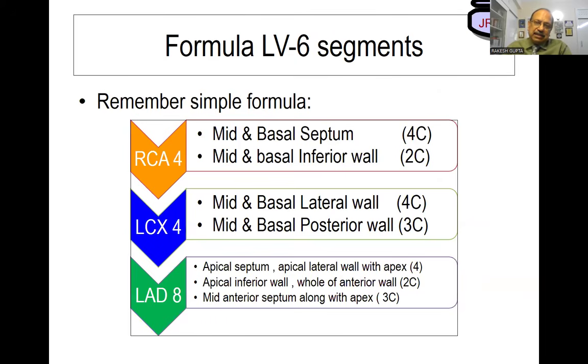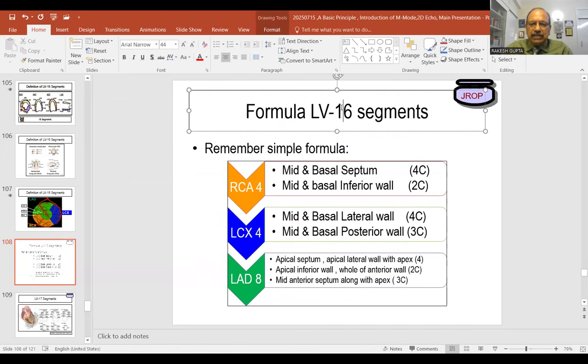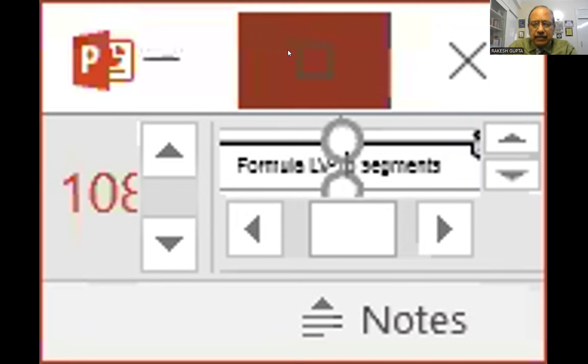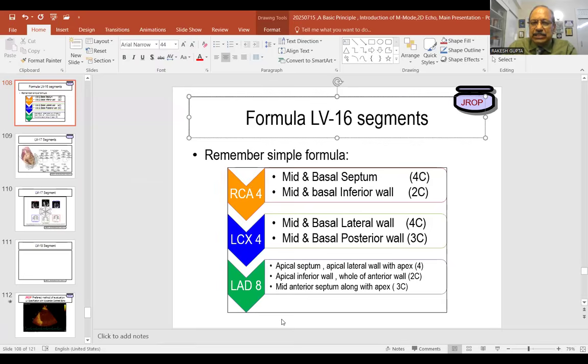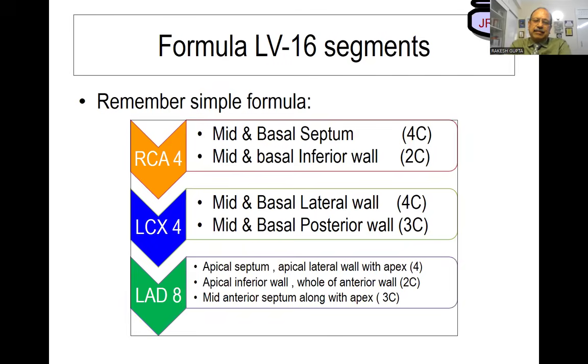So you have to remember these formulas. How do you remember this formula? Answer is, you have to remember somebody who was 60-year-old, 65-year-old. Anybody who's 60-year-old in this picture right now? None. So the answer is, you have to remember like this: mid and basal septum, mid and basal inferior wall,